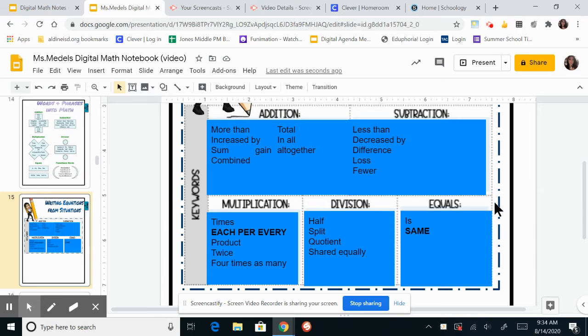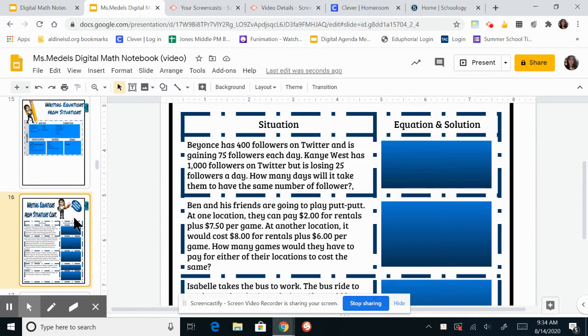So we are going to go into some practice. I'm going to show you how I would tackle these. So it says Beyonce has 400 followers on Twitter and is gaining 75 followers each day. Kanye West has 1,000 followers on Twitter but is losing 25 followers a day. How many days will it take them to have the same number of followers? Okay, so